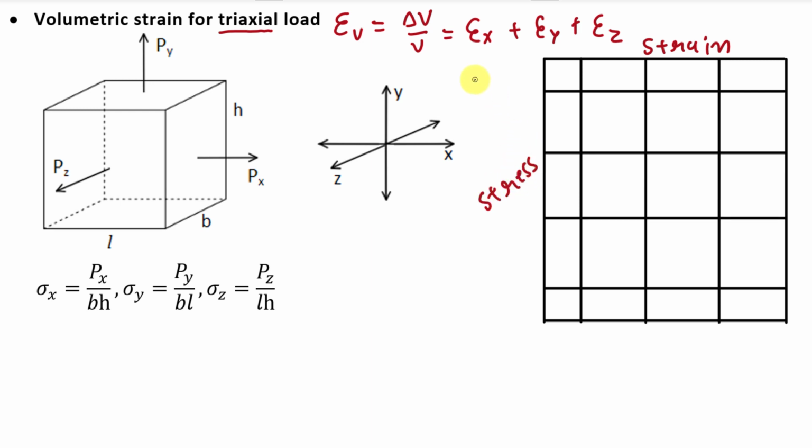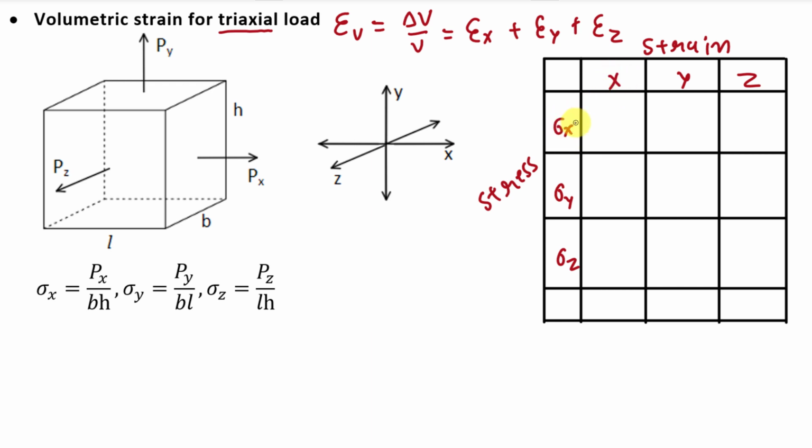Here we have three stresses, sigma x, sigma y and sigma z, and we have three directions x, y and z. Here we are going to put the value of strain. Here we will put the value of strain in x, y and z direction due to stress sigma x, sigma y and sigma z. First of all, we are going to put the value of strain in x direction due to stress